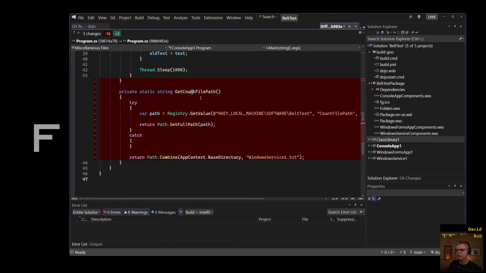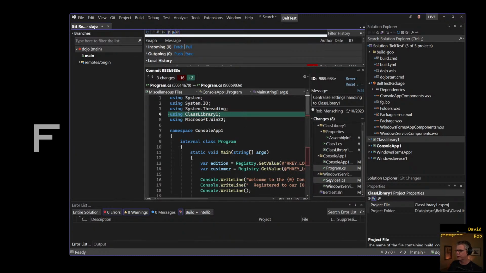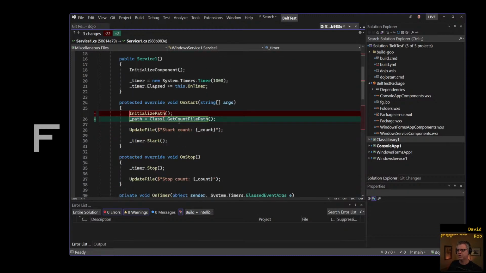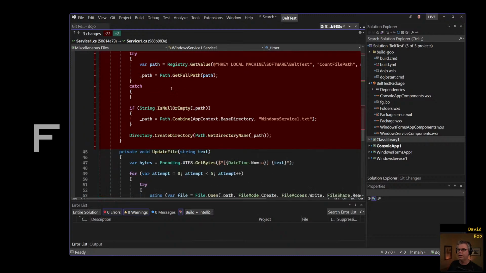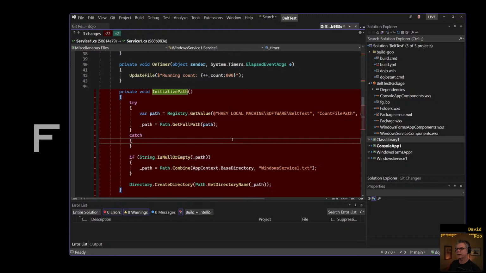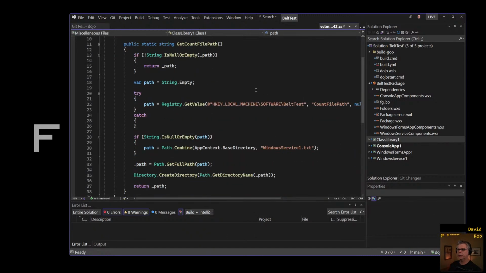Why? Well, because this was duplicated between our console app and our Windows service. Remember that? We had this code twice. We had this whole path, this reg key and everything. So let's look at the service real quick. Here's the service code, and we can see, instead of initialize path, they say get the count file path, and they deleted that same duplicate code there too. So they have pulled out this code and put it into this class 1, which is this new file, which is just get count file path, and it looks almost the same as the code before.